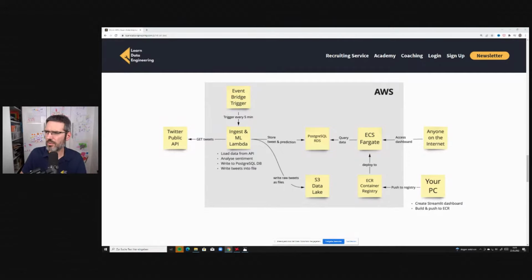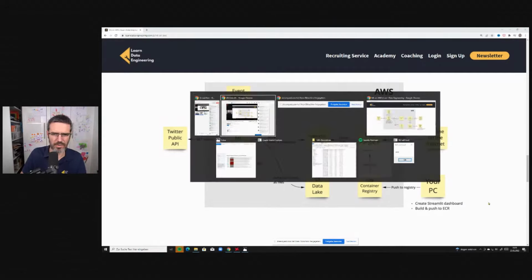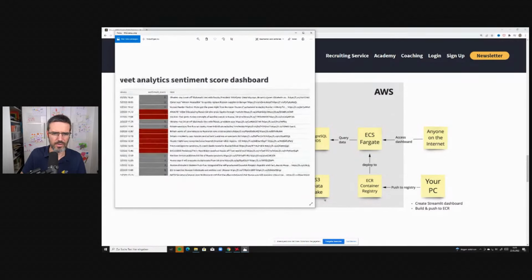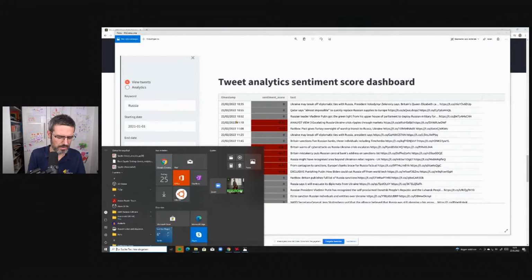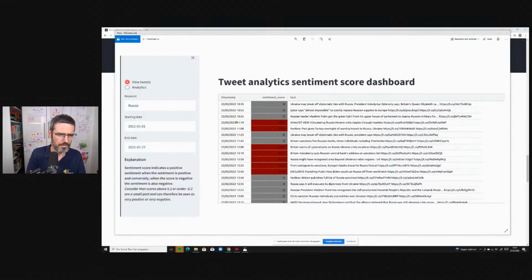And that user interface is going to look like this. On the left in Streamlit, you have your selectors. You select the tweets, from and to dates, and you could also select keywords.